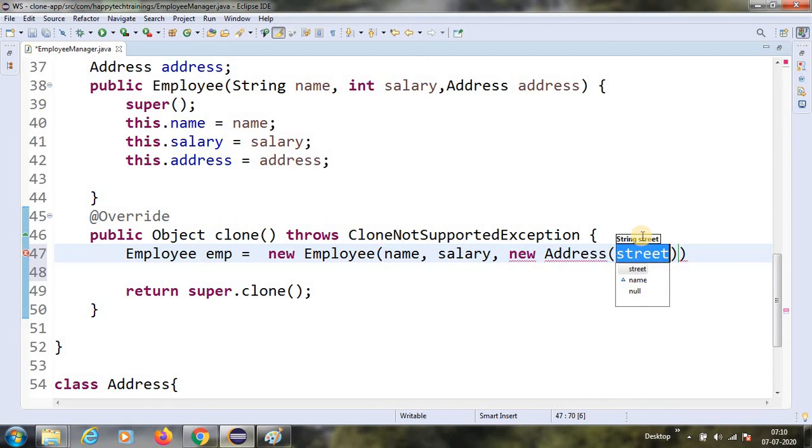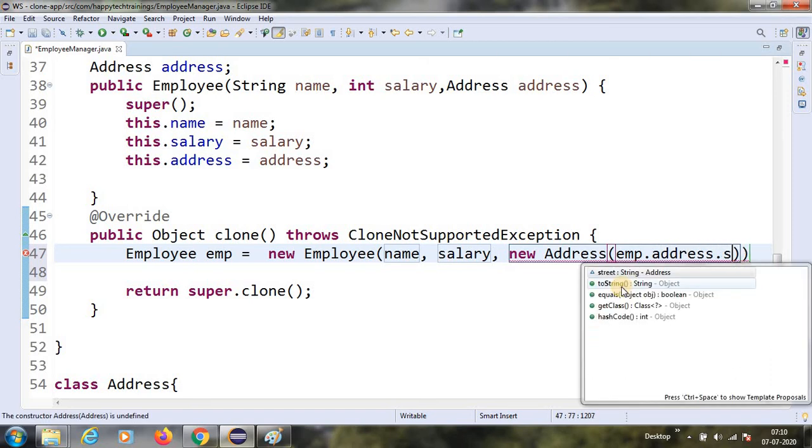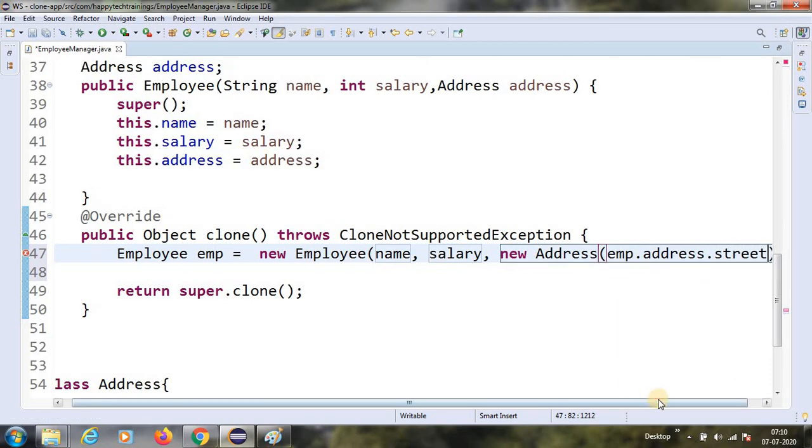So I will be creating an object and pass the street. So new address, employee dot address dot street. Like this we have to pass.